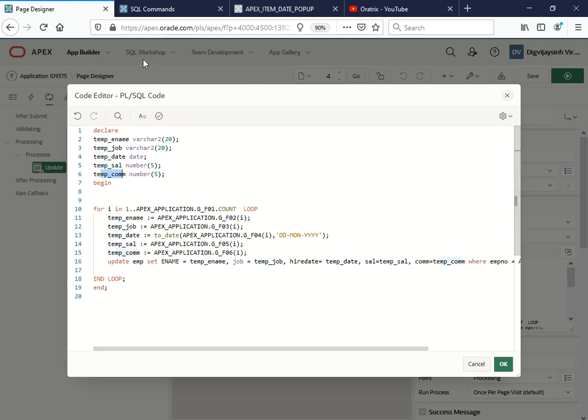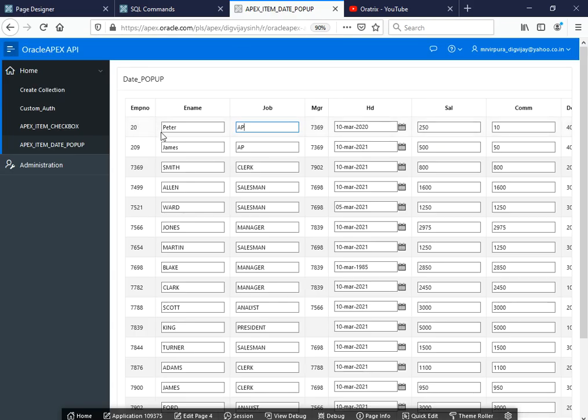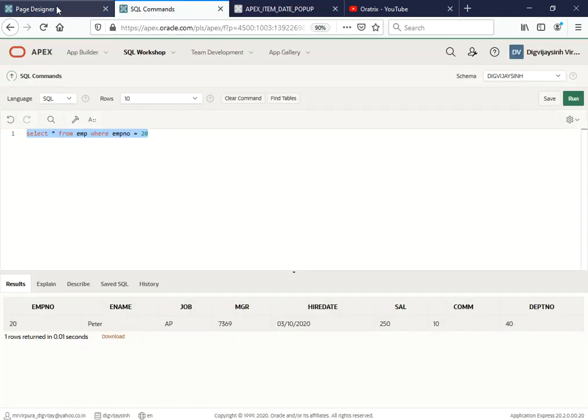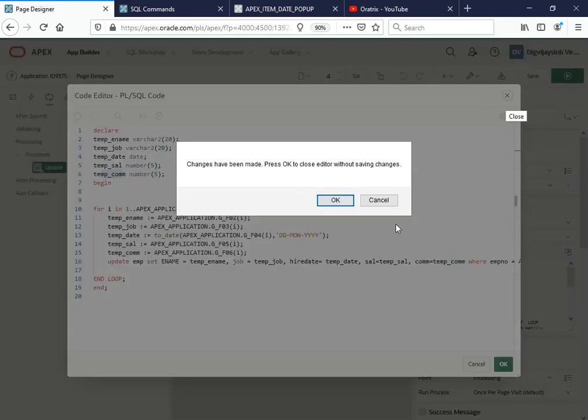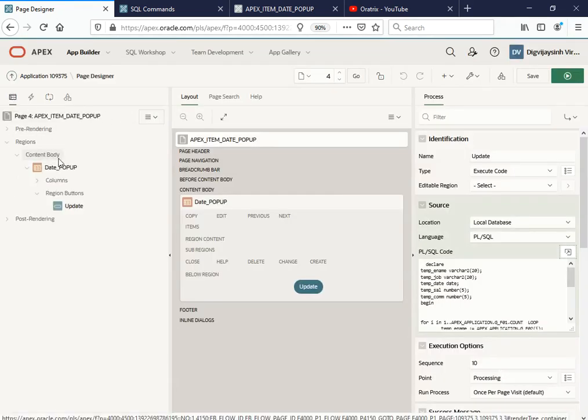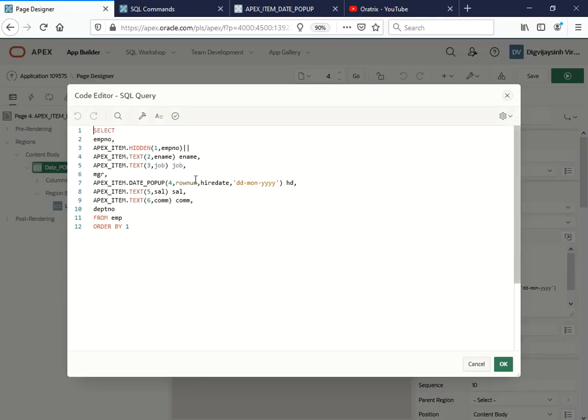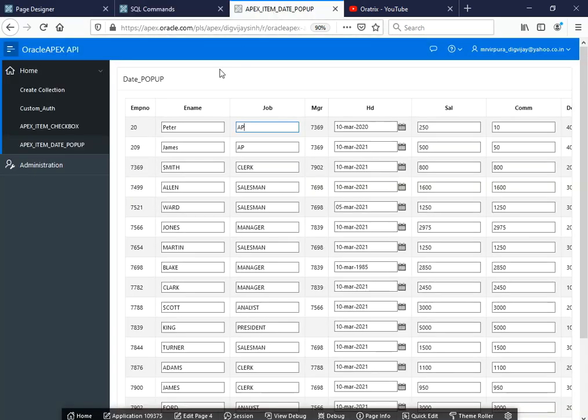Now whenever we are querying this, each and every text box comes in a sequence. Let me take you to the first page. If we consider this example, whenever you are writing apex_item.hidden, or for example apex_item.text for ename, this ename displays all the records like this.